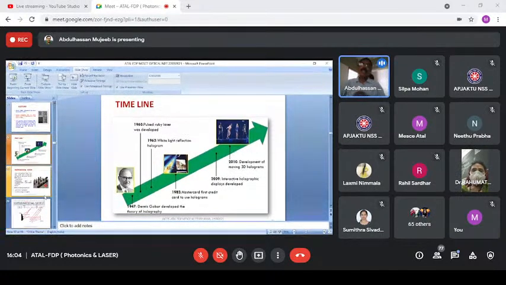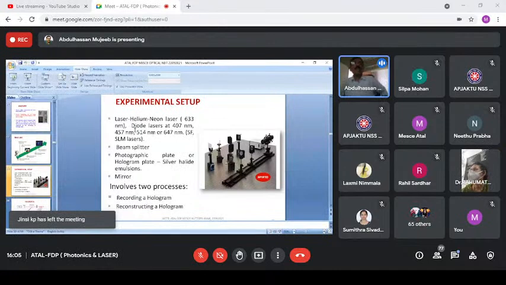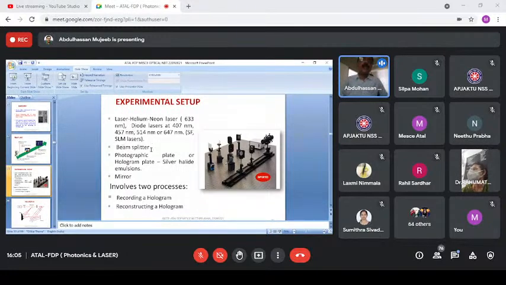So, what experimental setup do we require for a holography arrangement? We require a laser. Even small lasers will give you the best results. Diode lasers or helium neon lasers. Small power lasers are also good for doing experiments, like 2 milliwatt or 5 milliwatt. If it is 15 or 25 milliwatt, it is well and good. We need a beam splitter to split the light. We need a hologram plate, just like a photographic plate, a silver halide emulsion is required for recording the